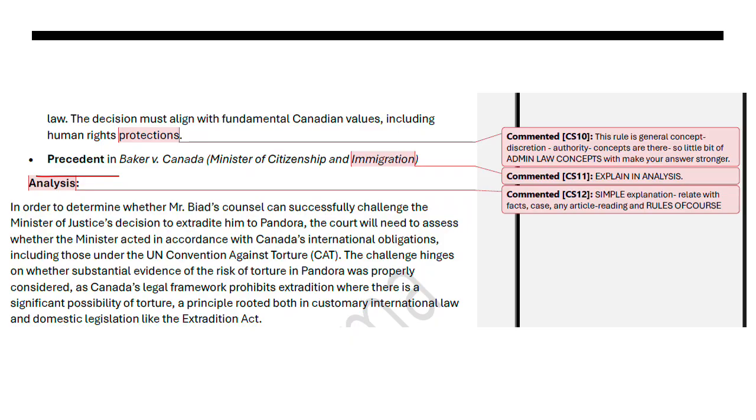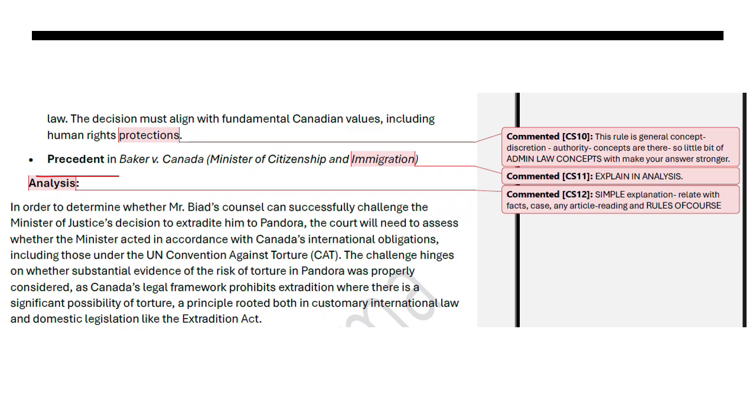Your answer should be straight. The examiner should feel like, okay, this person knows what is expected, is not wasting the examiner's time, is not just filling up sheets. So that is not the purpose. The purpose is to check your critical thinking. Now coming to analysis.